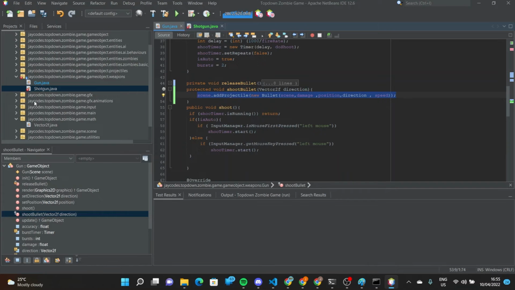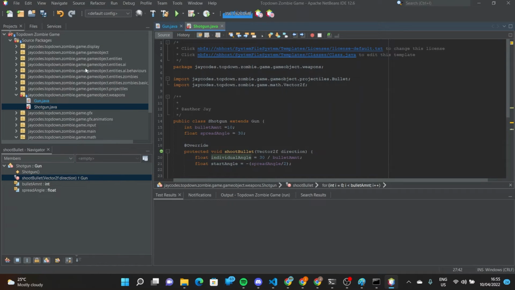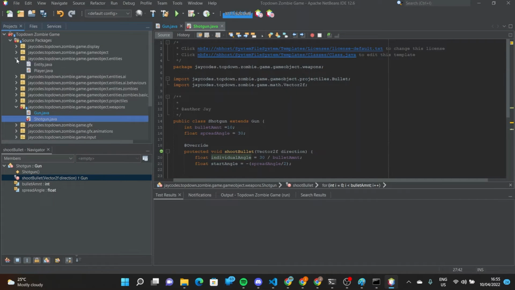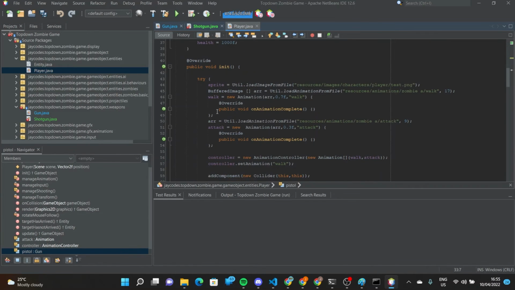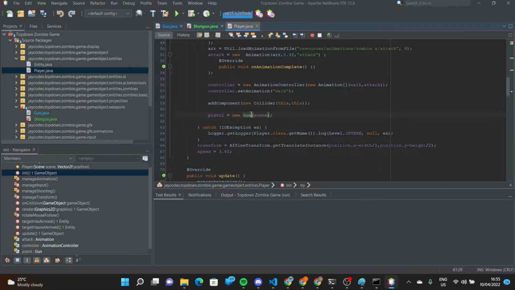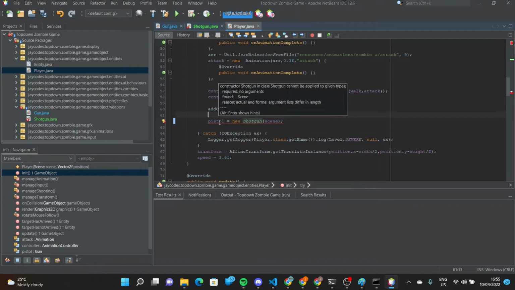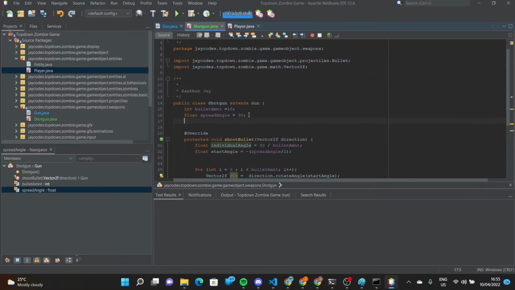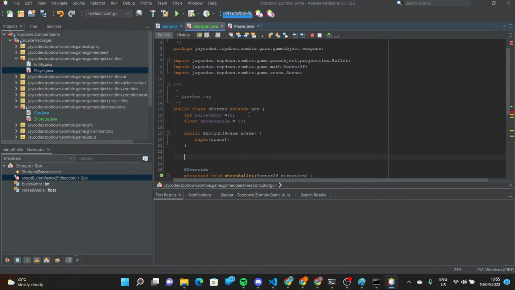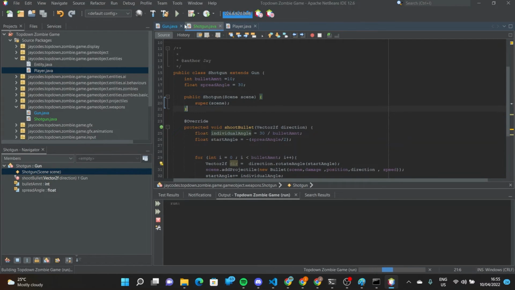So if we go back to the player class, why am I still having an error? Okay, there shouldn't be any error. Let's go back to the player class inside the entities. And instead of calling this gun pistol, we go is equal to new gun. I'm simply going to make this equal to a new shotgun, and I simply need to create a constructor just like that, and we're good to go. And now if we run this,